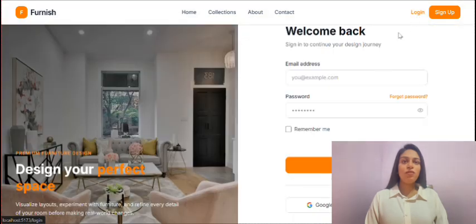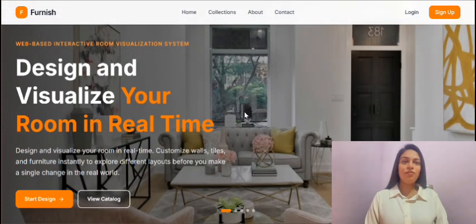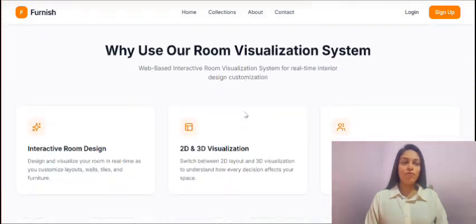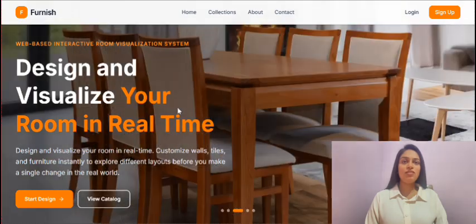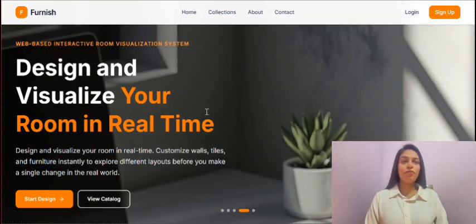The problem we wanted to solve is pretty straightforward. When customers walk into the furniture store, they struggle to imagine how a piece of furniture will actually look inside their own room. Static catalog images just don't give you the confidence, so we built this app to bridge that